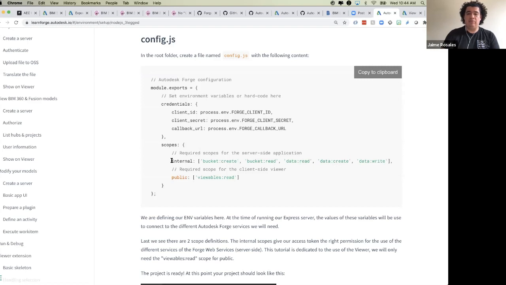We use some for internal use on the server, so whenever we want to do data read, data create, bucket create, bucket read. In this tutorial, we're not using buckets since we're accessing the storage from BIM 360 Docs. And the one that we did yesterday, we did use buckets because we are handling our own containers with our application